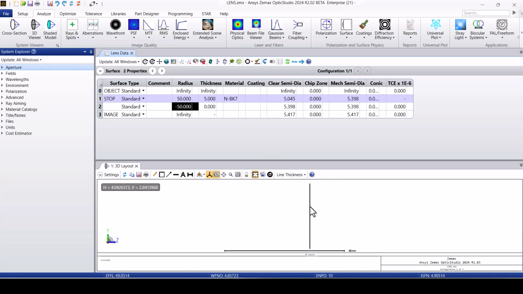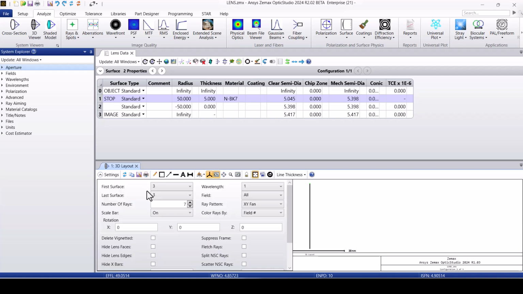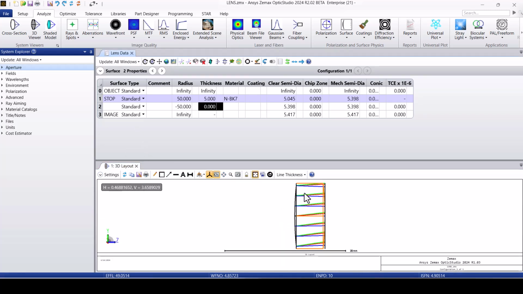Now we don't see anything changing in the 3D layout window here, and that's because we need to go to the Settings tab in the Layout toolbar and tell it what surfaces we want it to draw. Since the object is at infinity, we won't be able to draw it, so I'll select Surface 1, and I want to see all the way to the image plane, which is our Surface 3. Now we can see that we've successfully created this lens shape here, with defined radii of curvature, a defined thickness,